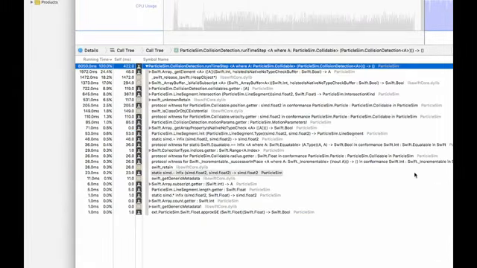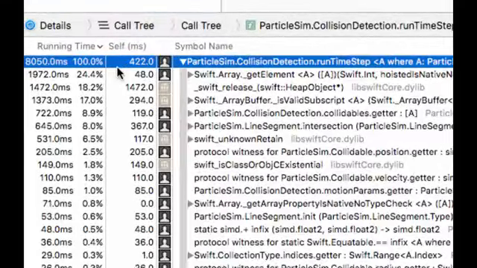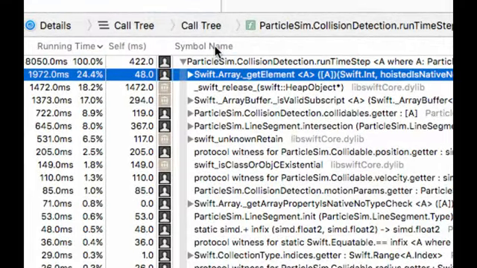I'll do what I did before and click on this focus arrow here on the right. Now we're looking at just our run time step routine. And let's see what it's doing. All right, well, 25% of its time is being spent inside of